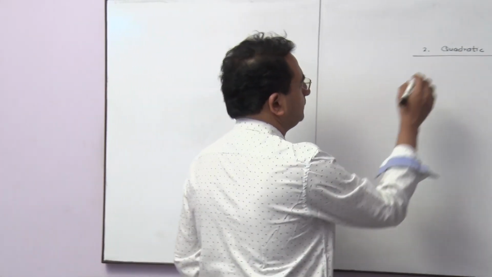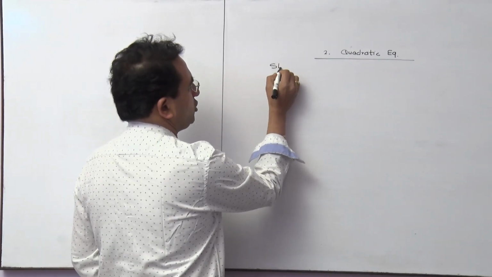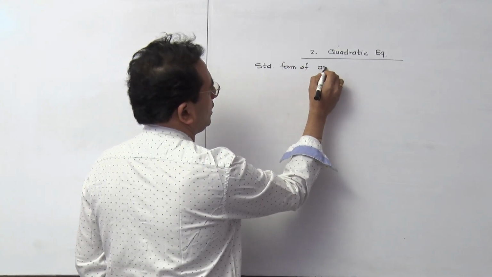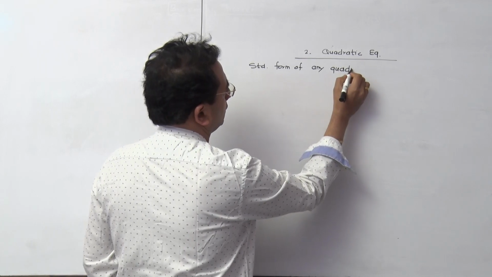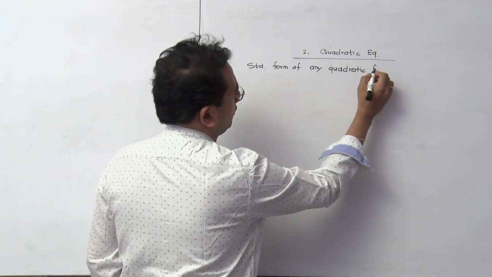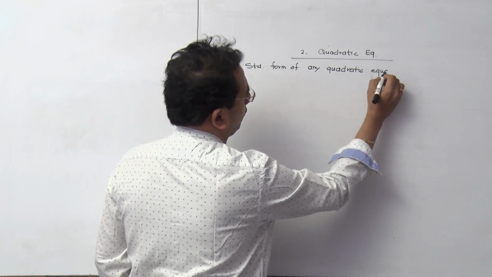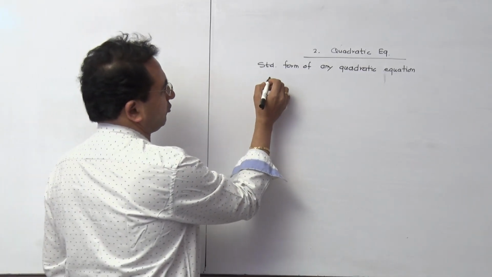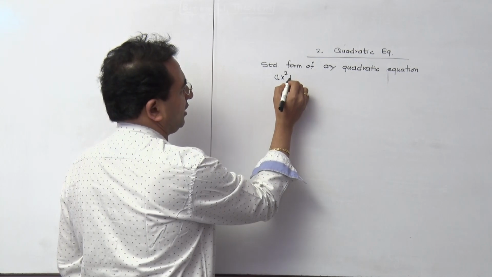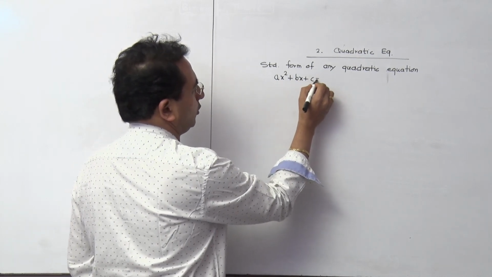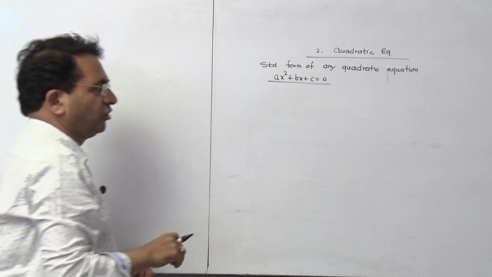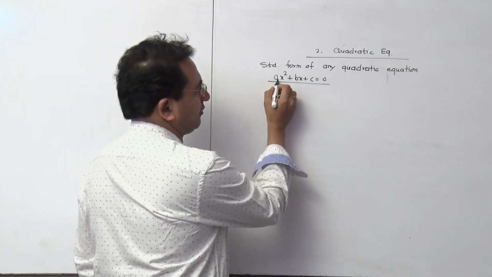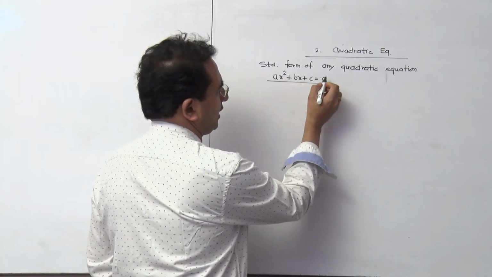equations by two methods. Let us discuss in short about standard form of any quadratic equation. Now what do you mean by that? Suppose I write the equation. Basically I'll explain you that standard form, it is ax square plus bx plus c is equal to 0. So initially we should have a square term, then you should have the equation which is having square term first, then x, then constant, and then this number.